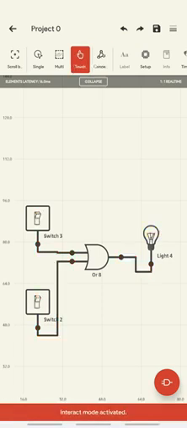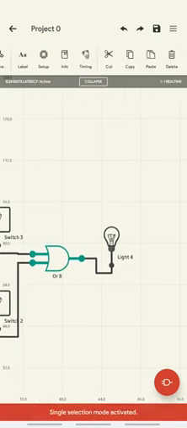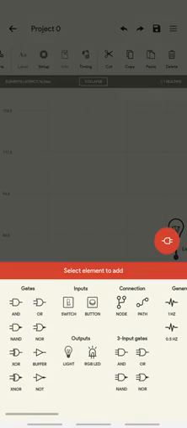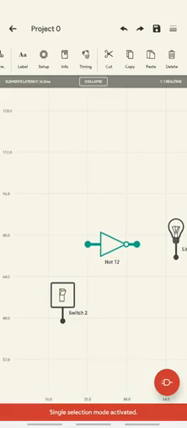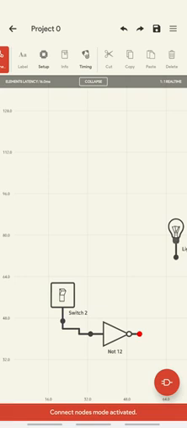Let's see this NOT gate, and for NOT gate we need only one switch. So the NOT gate is added here. You can put the path here. I need to take the input connected and then the output connected. Now this bulb is on because the switch is off.